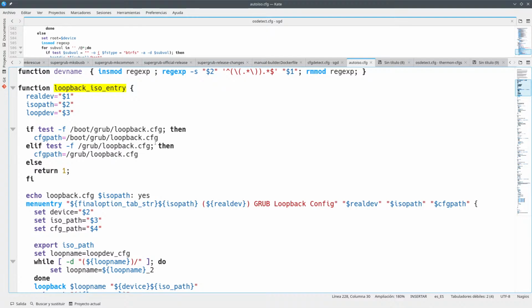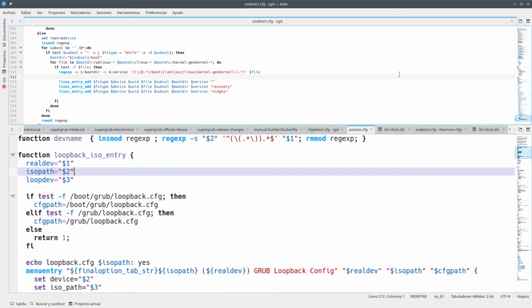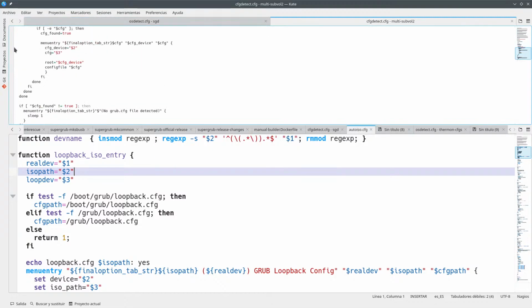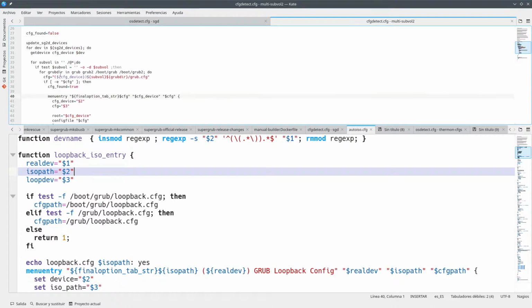Isopath is number 2, which is the complete path to the ISO. Okay, nice. So isopath here, and here on the top I'm going to open the CFT detect, I think, which is how Thermon worked around with this thing about,